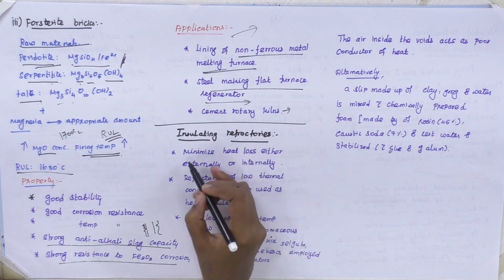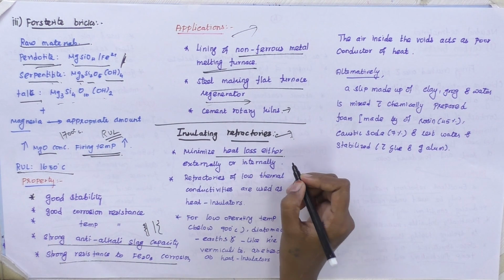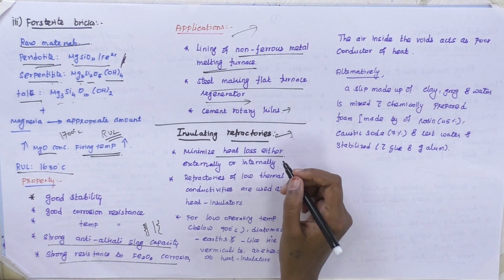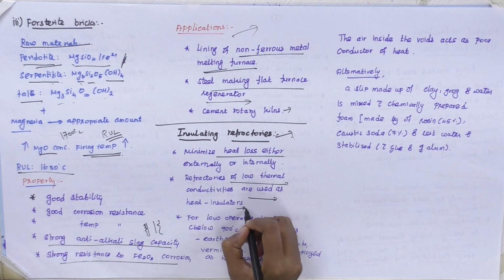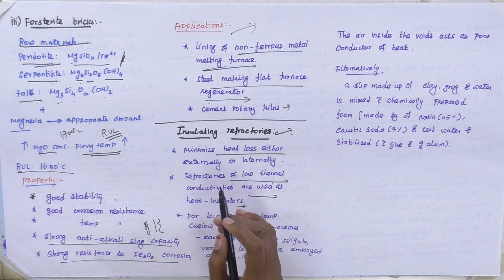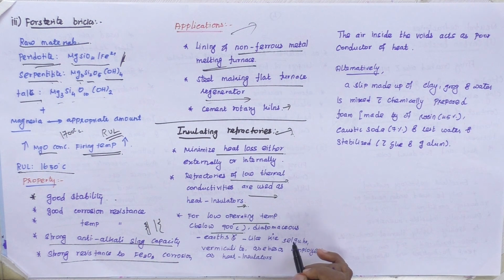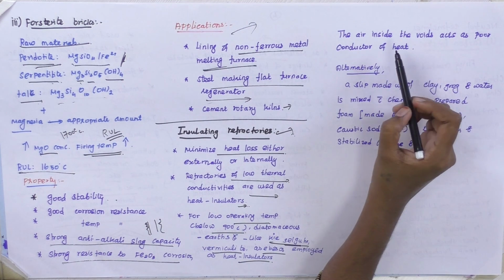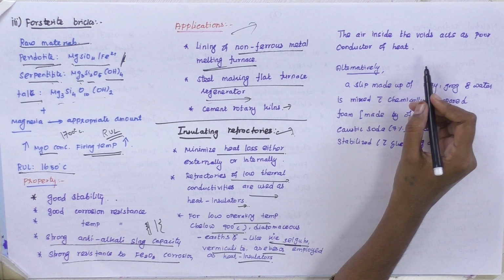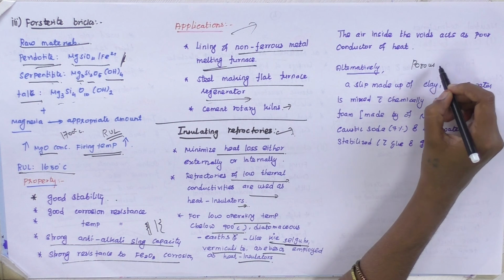So next we are moving to insulating refractories. We use insulating refractories to minimize the heat loss either internally or externally. Generally refractories of low thermal conductivity are used as heat insulators. Here the forsterite brick can be preferred as an insulating refractory for low operating temperatures, below 900 degrees Celsius. We prefer gas sealgar, vermiculite, asbestos employed as heat insulators. If air is present in the voids of refractories, it acts as a poor conductor of heat. So mostly porous materials are preferred for